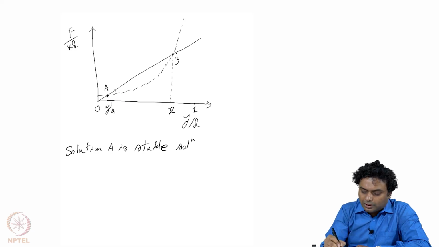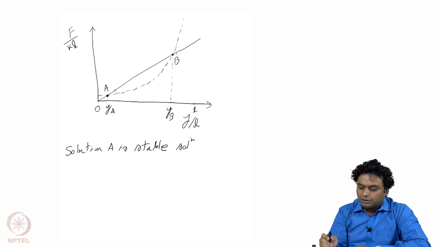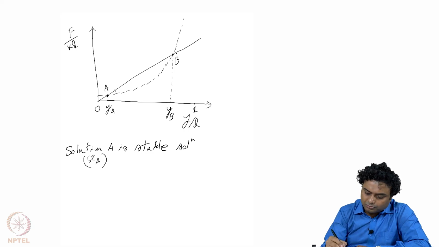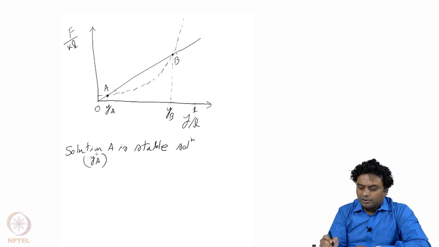So let us call this ya and this is yb. So solution A, that is our ya, is a stable solution, and for y